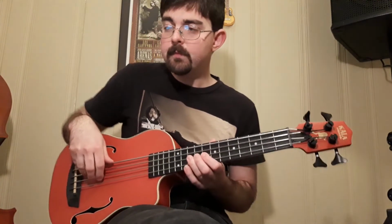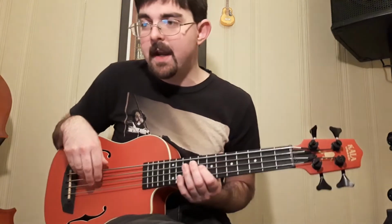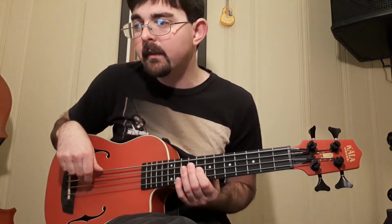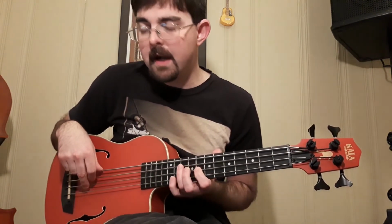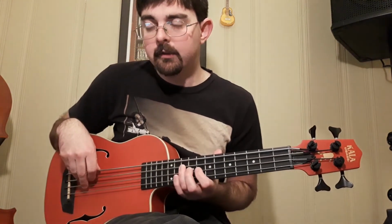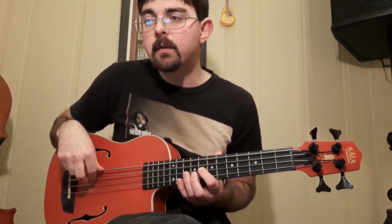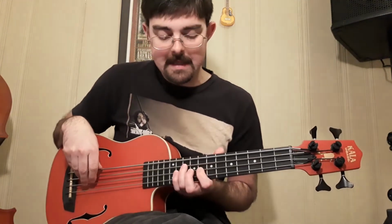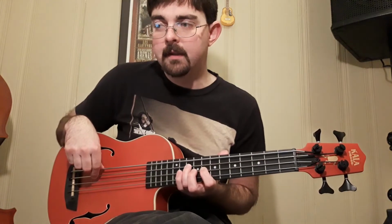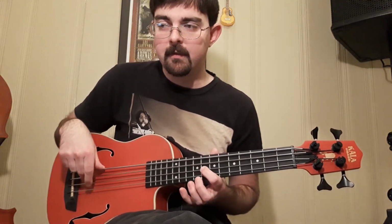All right, and then our next phrase is going to be a bunch of 8th frets on the D string. Then we've got the 10th fret on the A string after that. So those 8th frets, it ends up being 5 total. 1 and 2 and 3. And then we've got the 10th fret on the A string and the 8th fret on the D string after that. So it's...